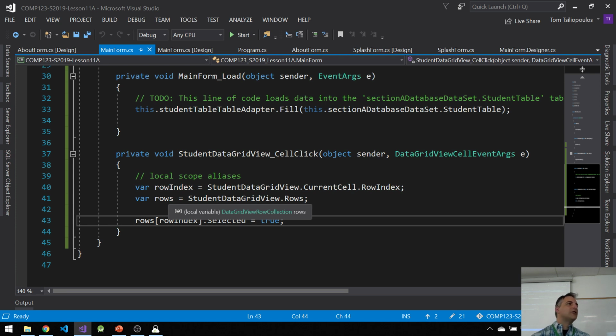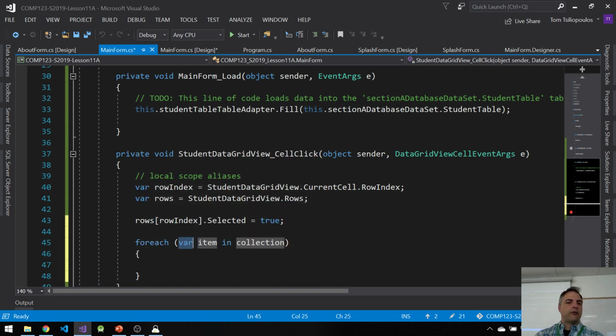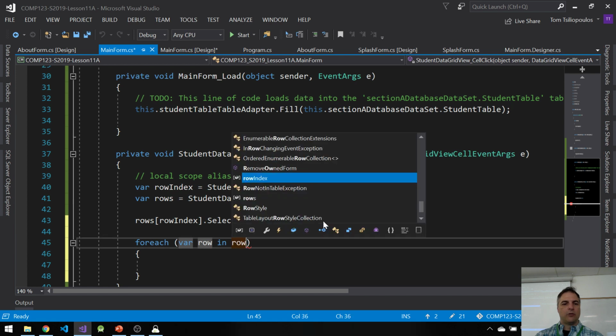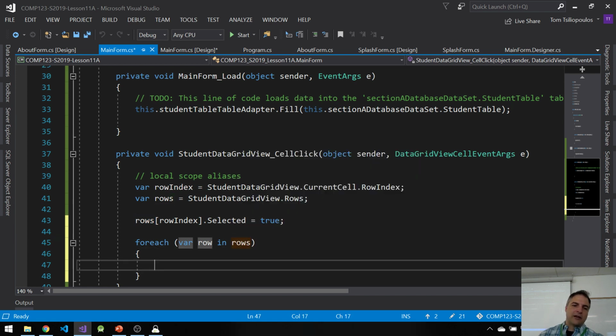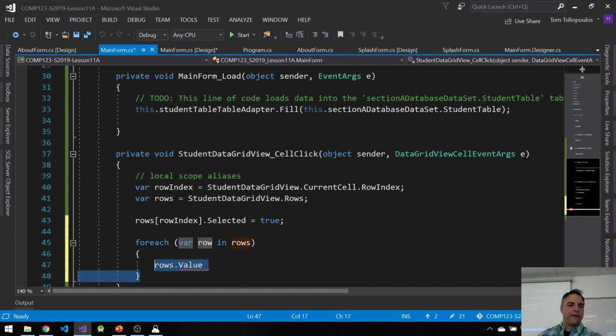What type of collection is it? Do you know? Is it a list? Well, if it was a list, we'd be able to do something like a foreach, right? For each row in the rows collection, I should be able to do something like rows.Value, and of course I can't. There is no rows.Value, because guess what? It's not a list type collection, and this will never work. However, if I used a for loop,